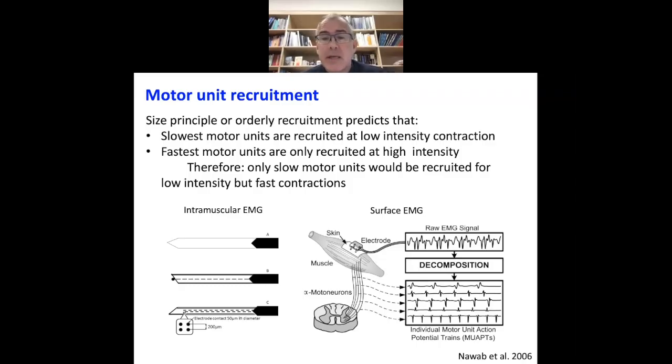So because of this, the early studies on size principle looked at very slow isometric contractions at low levels of activity, and this is exactly the time when even the mechanics would predict that the slower motor units would be better. But we have done a range of studies trying to look at what happens for fast contractions. In order to do this, we need to have,